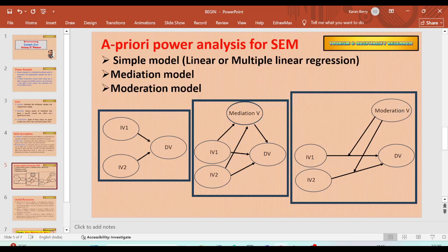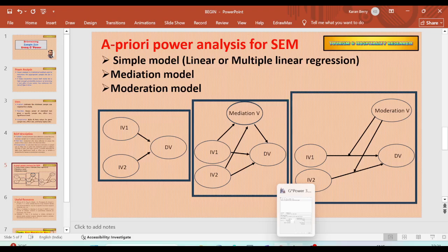What is interaction effect? One effect is passing from IV1 to DV, second effect is passing from IV2 to DV, third effect is from the moderator itself on DV, fourth is moderator into IV1, and the fifth one is moderator into IV2. So now we have 5 predictors in this model. I hope you understand. Now let us go to G*Power and try to find out how to use